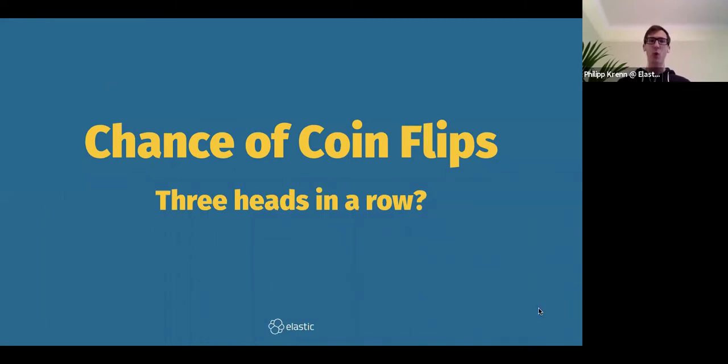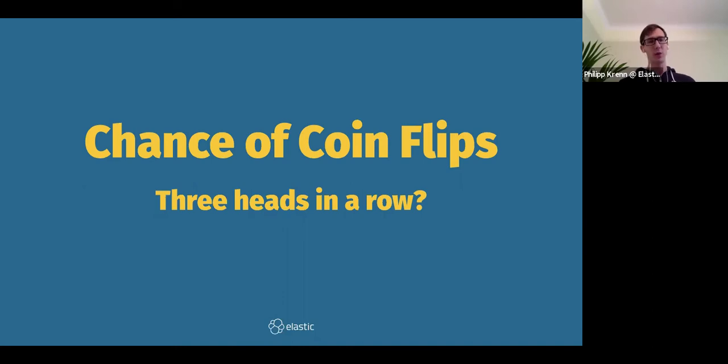Let's take a look at coin flips. What is the chance of having 3 heads in a row when you flip a coin? For every single flip, it's 50%. If you have 3 in a row, it's 1/2 times 1/2 times 1/2. So you multiply out those chances, because the more heads you have in a row, the less likely it is.